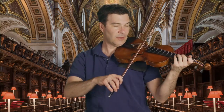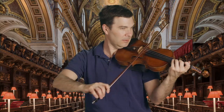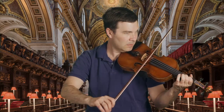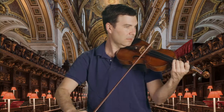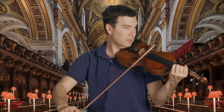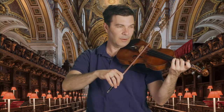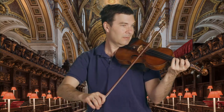But while the second voice is doing its thing, the first voice plays a counter subject. So little ligament, a little connective tissue here. And then